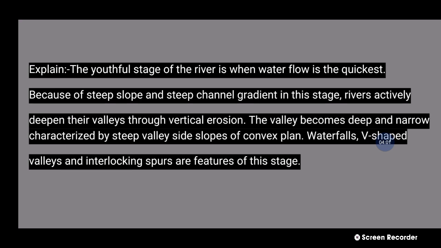In this stage, rivers actively deepen their valleys through vertical erosion. The valley becomes deep and narrow, characterized by steep valley side slopes and a convex plane. Waterfalls, V-shaped valleys and interlocking spurs are features of this stage. Next question,